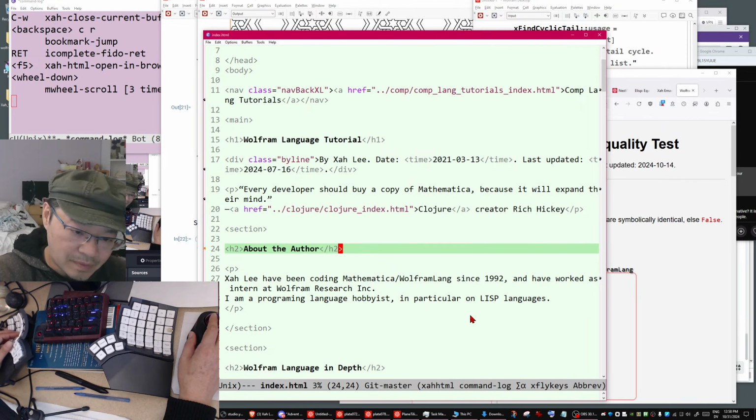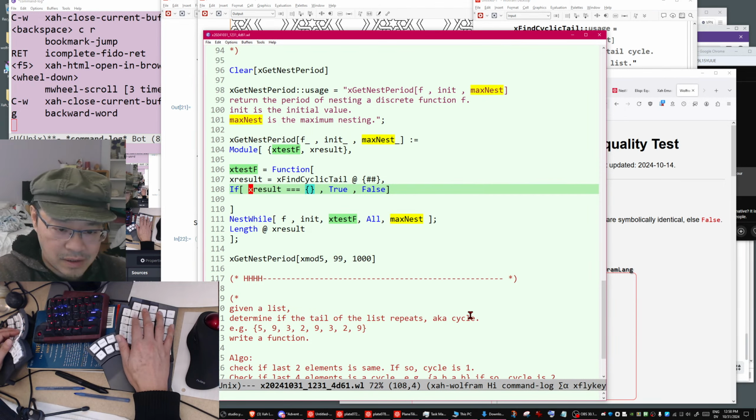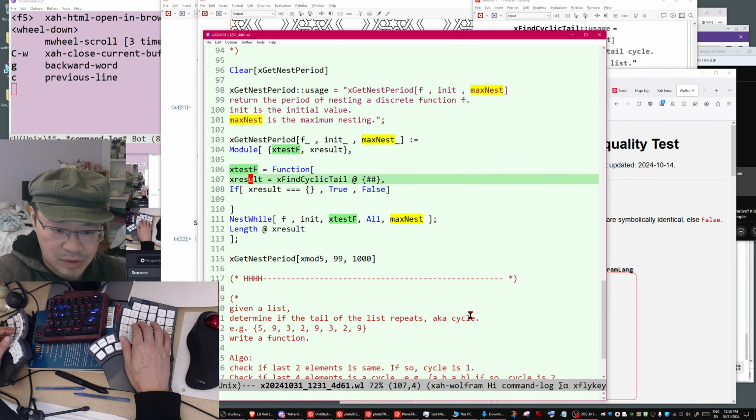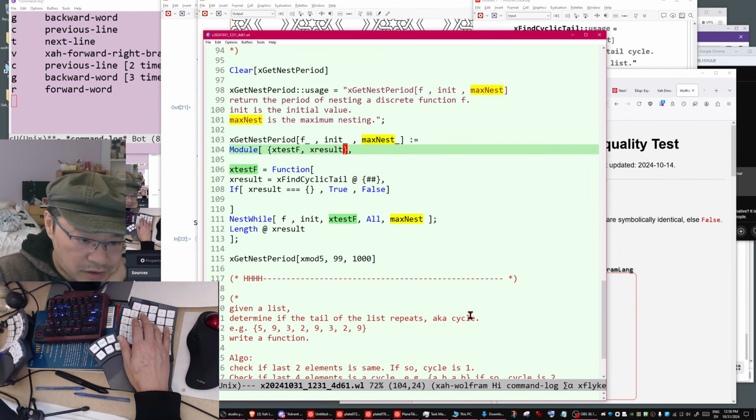Yeah. So anyway, let's get back to these things. So we digressed into the equality test. So this test function,